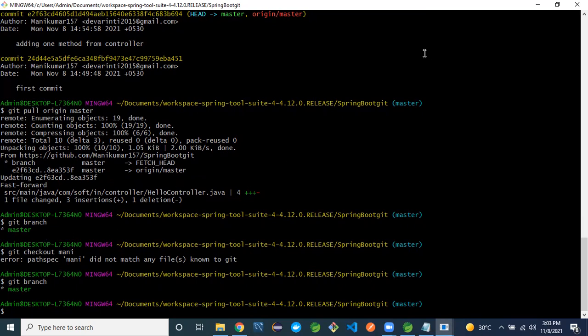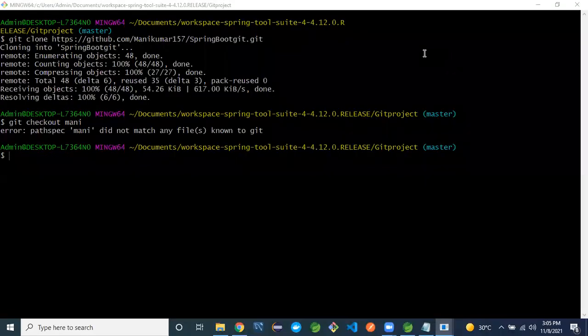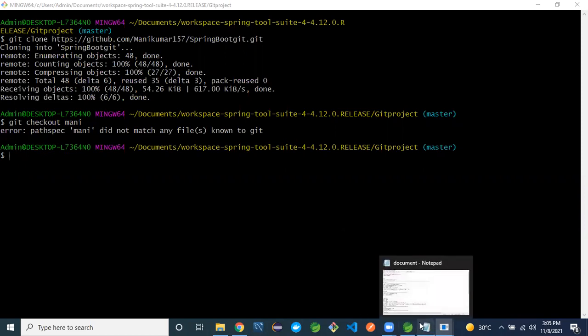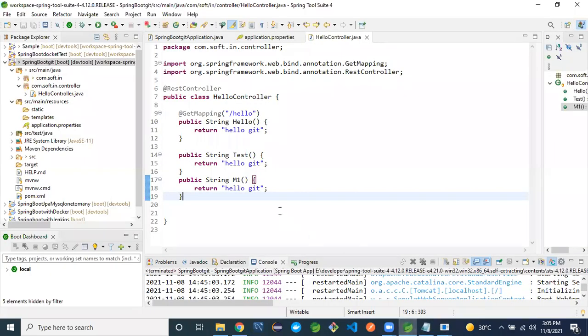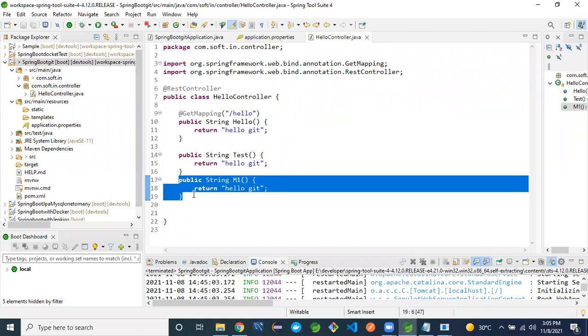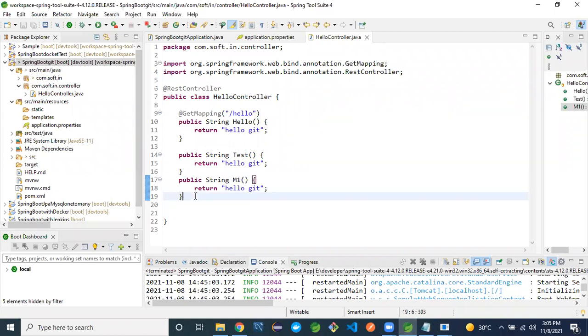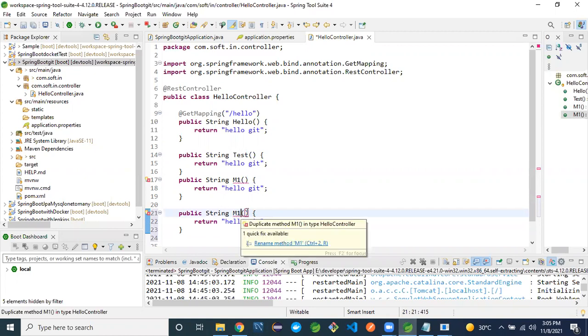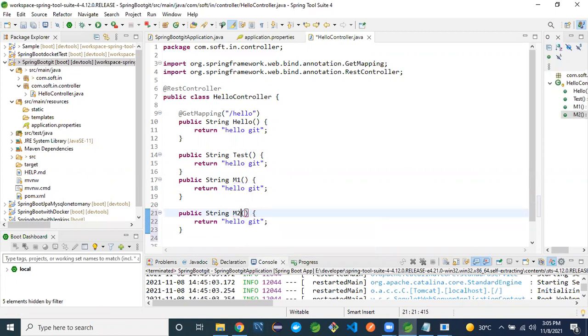See, how to create a branch here. Go to the file. I will create one more method here, some yum2 method. Save.